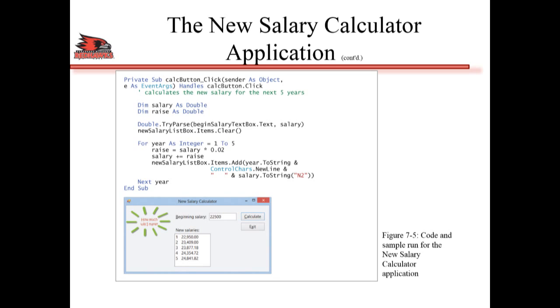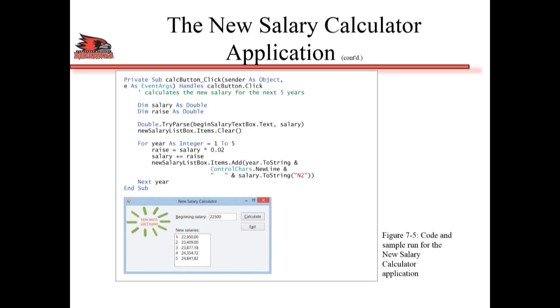And for the double dot TryParse, what we do is we take the text input in the salary text box text, convert it to a double, and then do the for next statement. Again, the for next statement has the counter year, it has raise equals to salary times 0.02. So whatever your salary is, the raise is 0.02 times that, or 2% of that, and that's the increment of the salary. Then once we have the salary, the last line of code basically